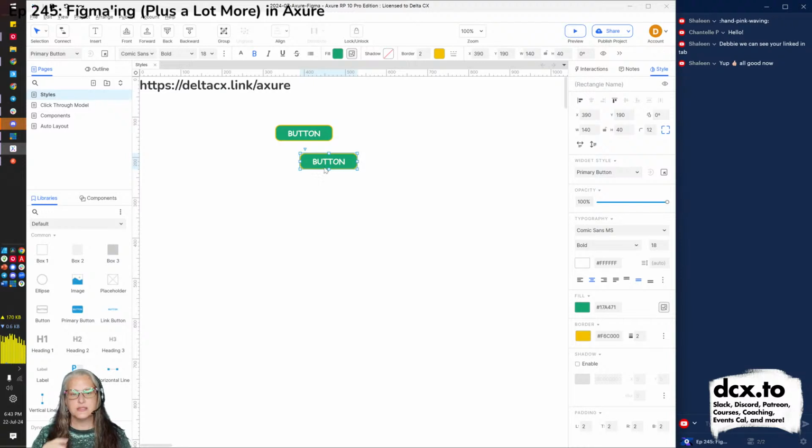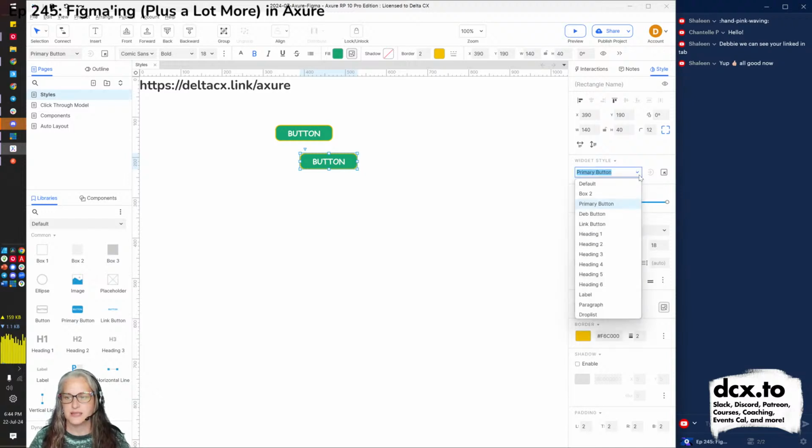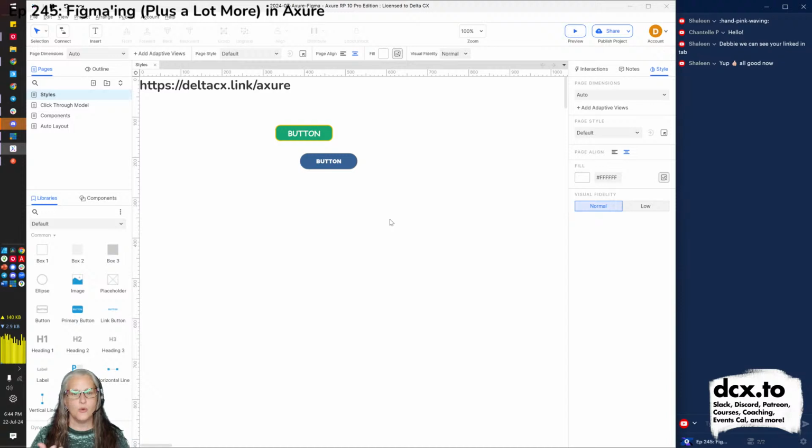But we didn't say that this button is a Deb button. This button is still a primary button. How do we know? It says it over here in the top left. And if you look over here where it says widget style, Axure always has a lot of places where you can do the same thing. There's always multiple ways. So if I say this is a Deb button, now it says, oh yeah, the Deb button, that's blue with no outline, with this font, with whatever. And so that way you can apply this style to any shape, or as Axure calls them, widget, that would get that style. So that means it could be buttons, it could be other things.